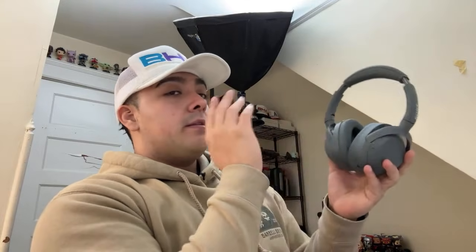They both have very similar battery lives, which is good. You can both use them passively and whatnot. The Alt Wears do have a better sounding microphone than the XM4s, and when it comes to their sound, these do have the extra bass feature, so these are going to rattle your head a little bit. However, when it comes to active noise cancellation, the XM4s are just much better than the Alt Wears because at